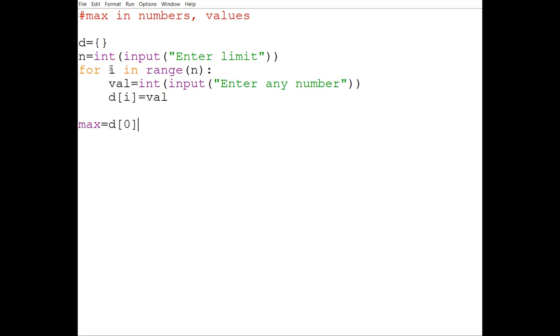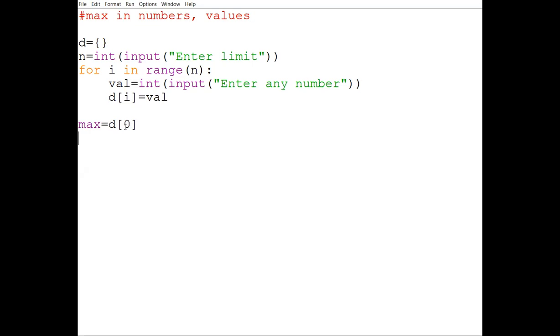Because d of i means the value of key i, and this will start from 0 till the end. When we know what my first key is, I have taken that initially my first value is d of 0, meaning I am assuming that my first value is the maximum value.